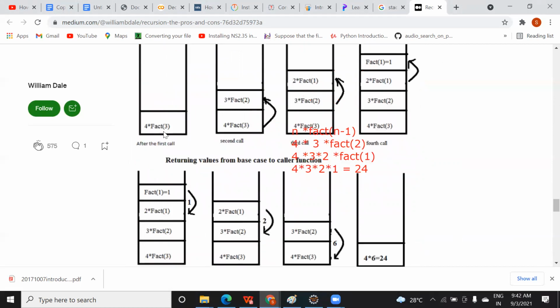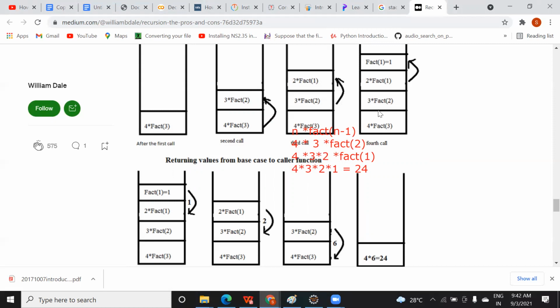ये 4 into fact 3. fact 3 को फर्स्ट यहाँ पे पॉप करके वो इंसर्ट कर देगा 3 into fact 2, इसको 2 into fact 1 और fact 1 is equal to 1. अब ये fact 1 की वैल्यू 1 आया, यहाँ पे प्लेस करेगा, ठीक है. पहले ये सबको कॉल करते जाता है और बाद में वो वैल्यू को फाइंड आउट करते जाता है. तो यहाँ पे 4 into fact 3, 3 into fact 2, बट इंटरनली